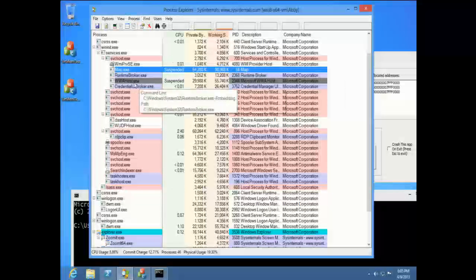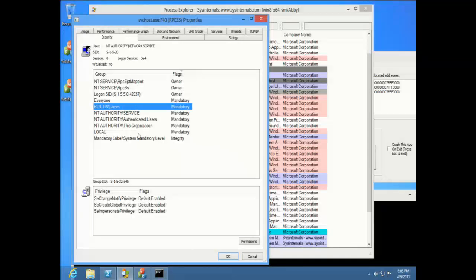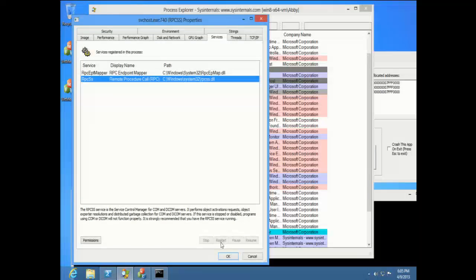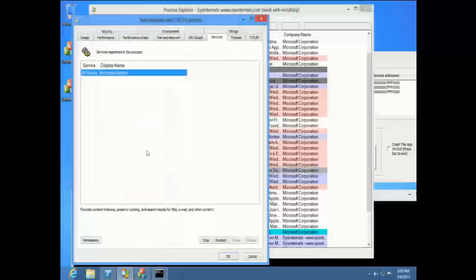The Services tab for services now offers a restart option for services that can be restarted. Find one that can be. Yeah, so restart is a new feature that's available there. That's useful. The Threads tab can show you the stack of .NET processes. So now, for those of you who work with developers or are developers, you can look at the call stack for managed code and see a sensible reading of that material too.